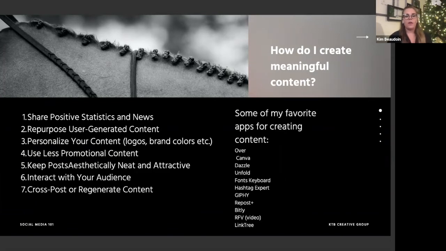So this is a little bit of the quality over quantity. If you have some great content that you can repurpose in different ways, I'll show you in my next content examples how you can do that a little bit. So before we move forward, some of my favorite apps for creating that content, I've listed them over on the